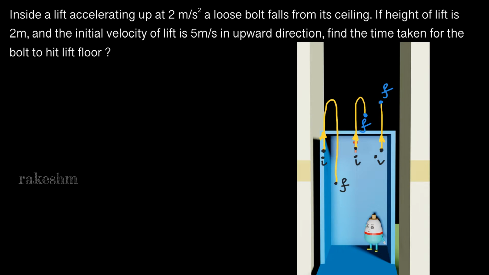Now which case do we choose and start solving the problem? I hope you have understood the solution has started to get a little messy here. So solving the question in ground frame is not so convenient. Let us solve this question with respect to a person standing inside the lift. That means if we see the bolt falling with respect to a person standing inside the lift, how would our equations be and how would the analysis of this problem be?